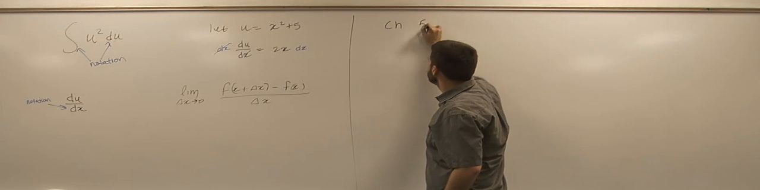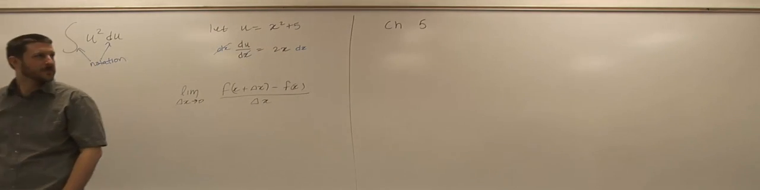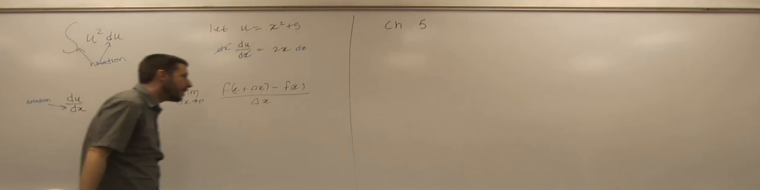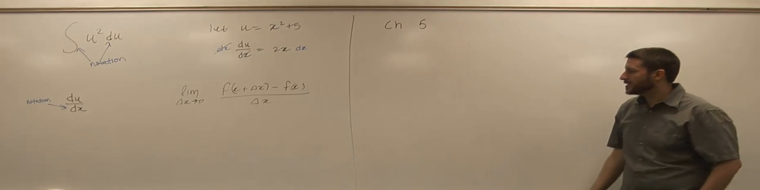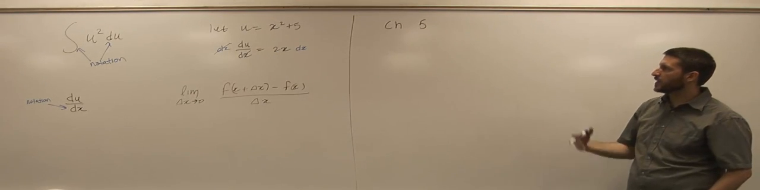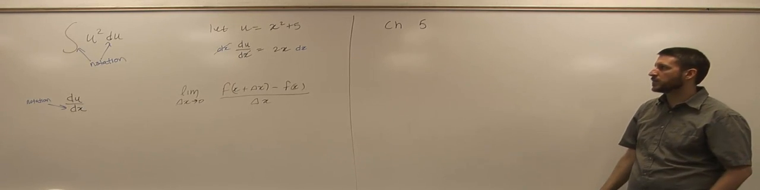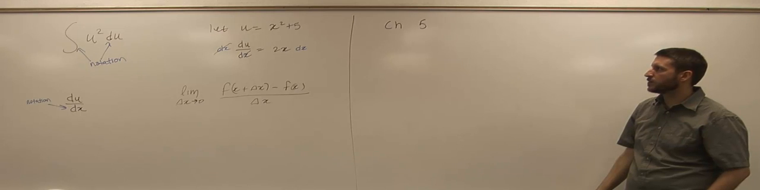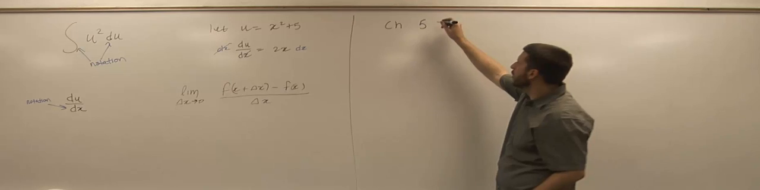Let me break down chapter 5 for you. Chapter 5 is about transcendental functions. The transcendental functions are functions that can't be written as a polynomial, like a quotient of polynomials or a product of polynomials, that have nothing to do with polynomials. And the transcendental functions that you know